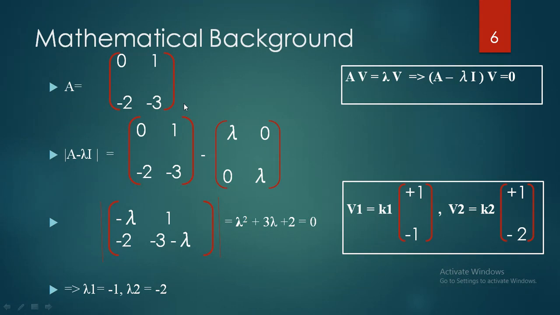Now let us try to compute eigenvalues and eigenvectors given a square matrix. As per the definition of eigenvector, if you multiply the eigenvector with a particular matrix, the eigenvector will be scaled by a scalar quantity. Only the magnitude of the vector will change, not the direction. In that case, that particular vector is called an eigenvector of the matrix A.